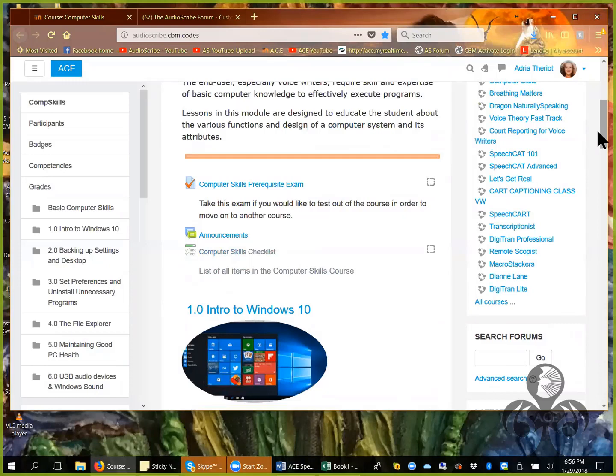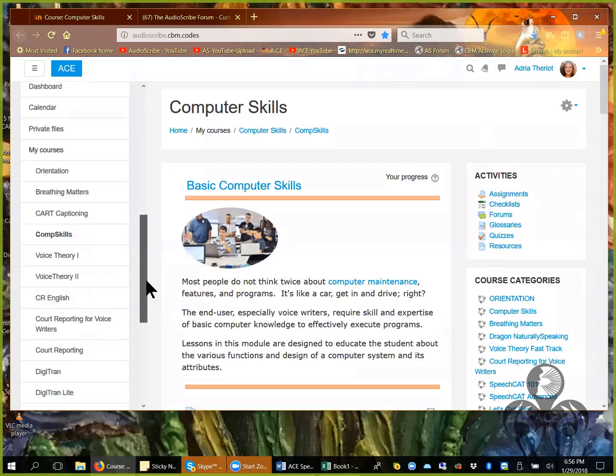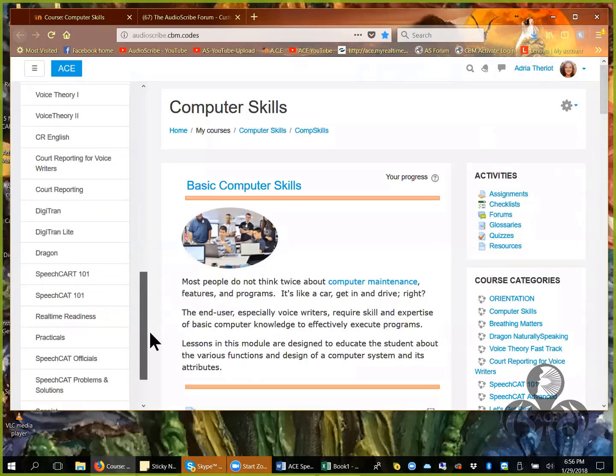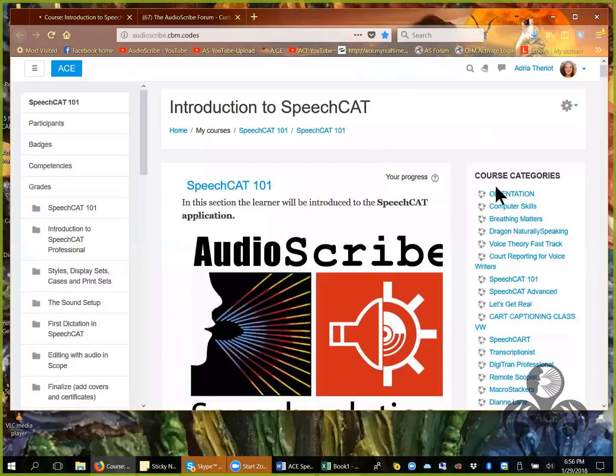So these are the first 3 things I'd like you guys to get accomplished in this week. If you have a busy week and you don't get it all done, please don't stress. There's plenty of time for you to do it. There's so much to cover in SpeechCAT that I'd rather spend the majority of our time there. And for those of you who don't have SpeechCAT,